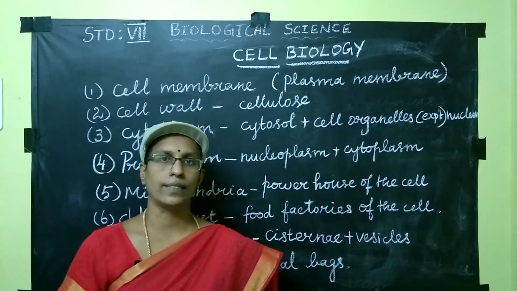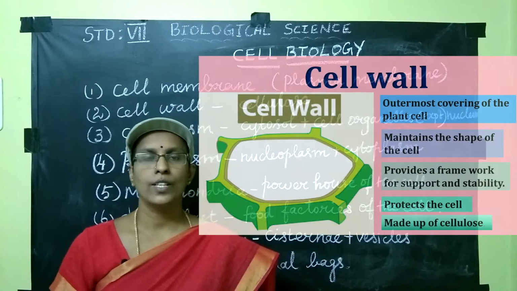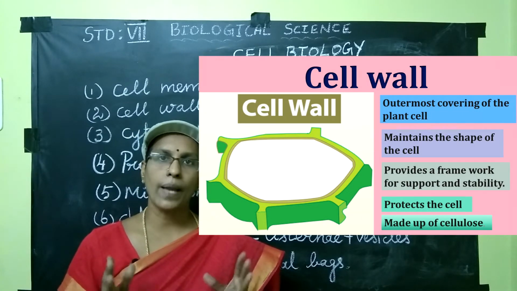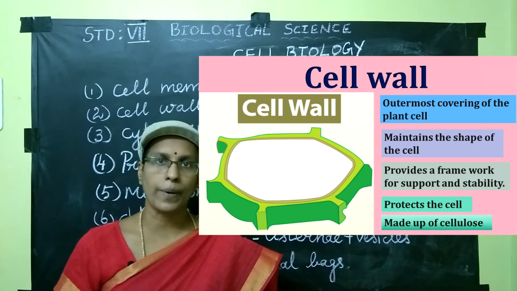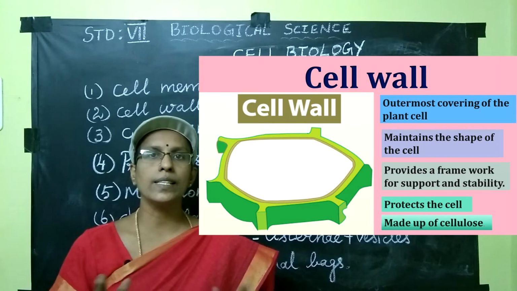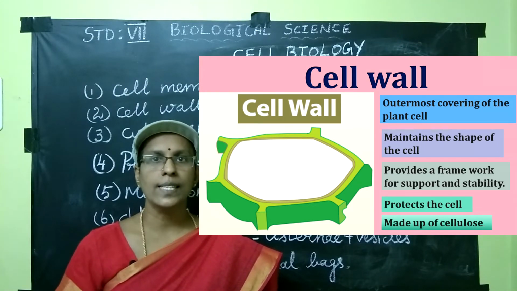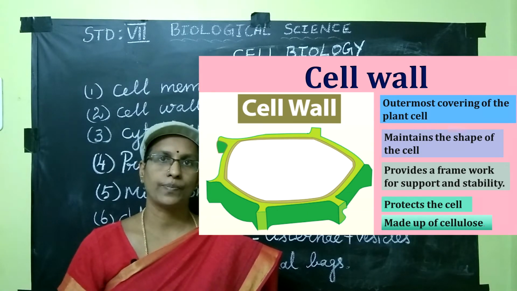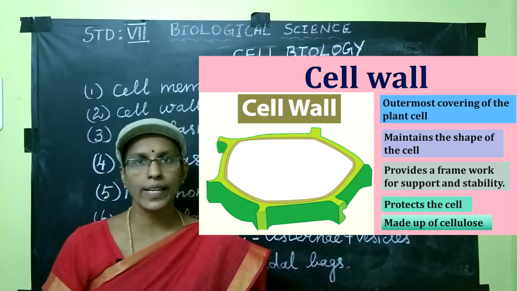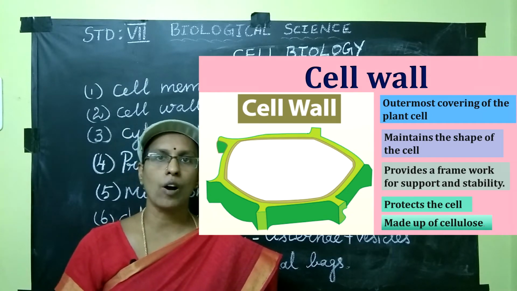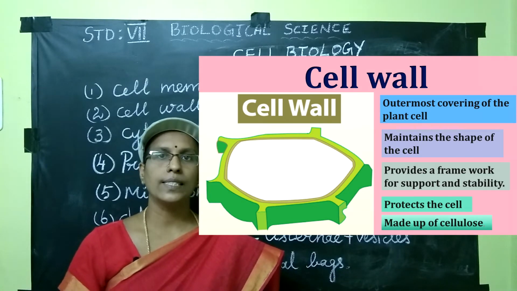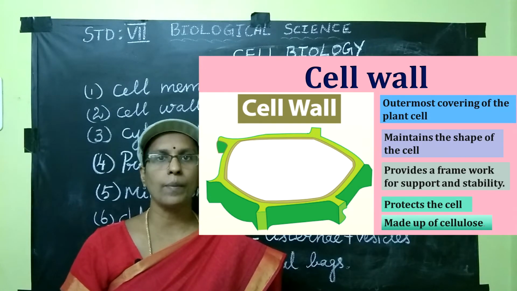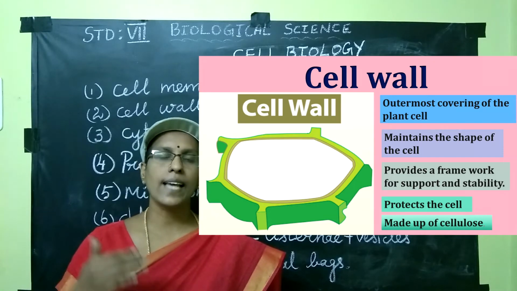And the next cell organelle is the cell wall. Students, you know that both plant cells and animal cells have a cell membrane. But in the plant cell, in addition to the cell membrane, one more layer is present. It is called the cell wall. It provides the framework for support and stability. The cell wall is made up of various compounds. Cellulose is the major compound present in the cell wall. This cellulose gives the shape to the cell and also it allows the plants to be rigid and stand upright even